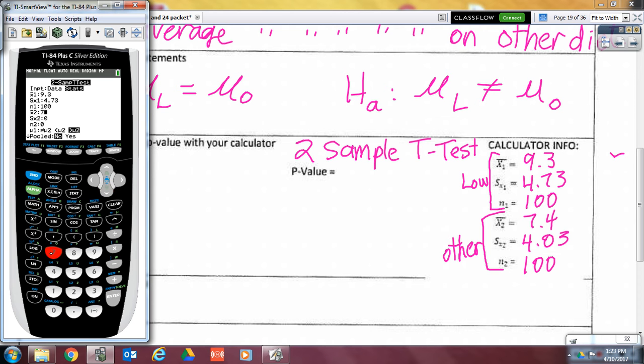Do I calculate or draw? You always calculate. I just didn't know what draw was. Draw will draw a normal curve for you. So, not equal to. See that section that says pooled no or yes? Always leave it on no. And then you can calculate or you can draw, and we just always calculate. So our t-score,